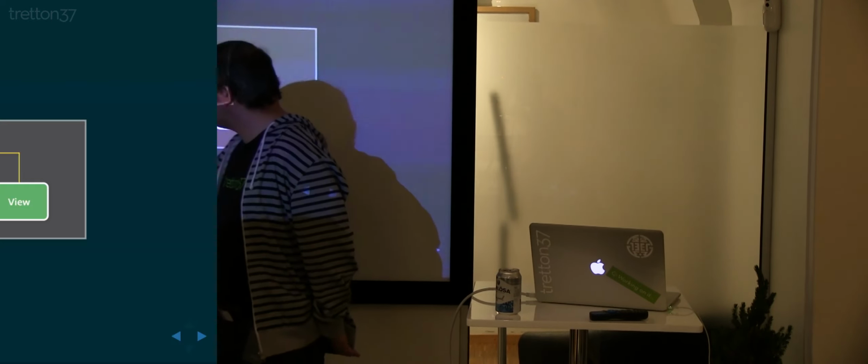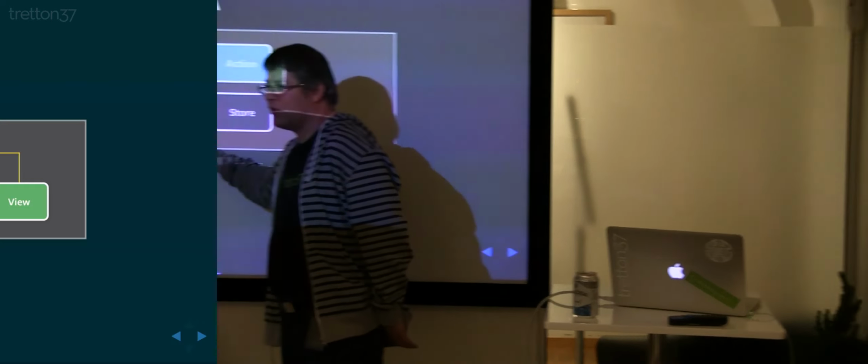And in some Flux frameworks, you have the dispatcher and you can see it. We have used a Flux framework called alt, like alternative, alt.js. In that, you actually don't see the dispatcher. You just send an action and it will be taken care of, and then it will appear in the store. It's very nice. So the action sends to the dispatcher, it goes to the store, and the store updates the